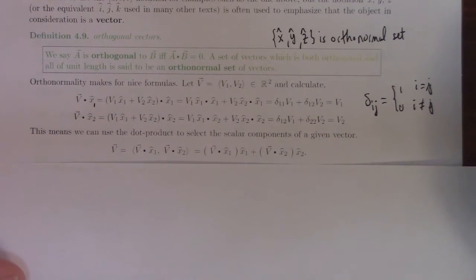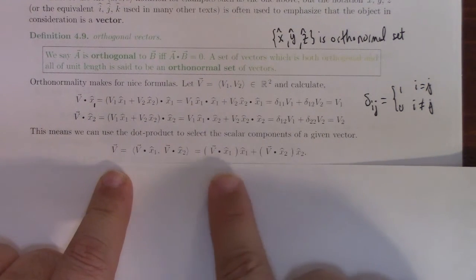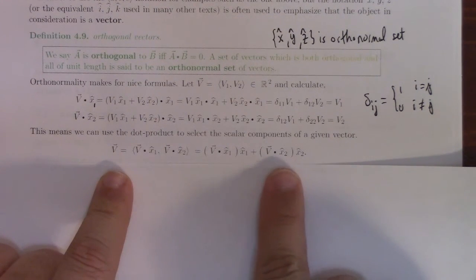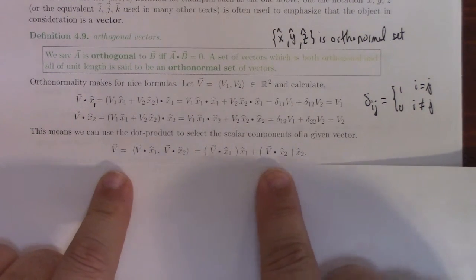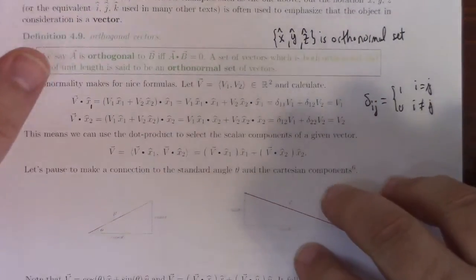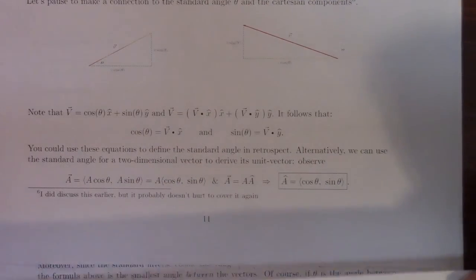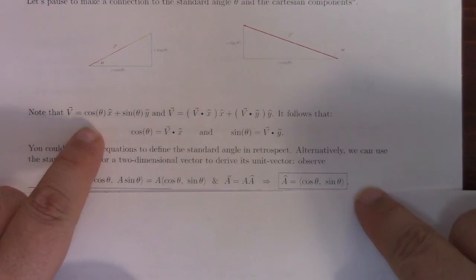Anyway, here's how the vector breaks into its dot products. We can take the dot product with x hat or the dot product with y hat, and that gives us the x component or the y component, scalar components. And then finally I'm circling back yet again to the sine and cosine, right? So we can write a vector as cosine,